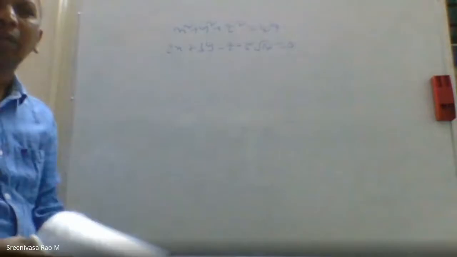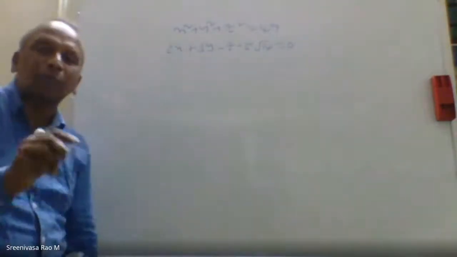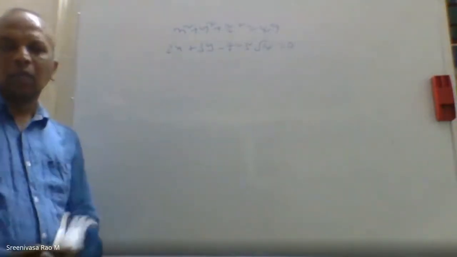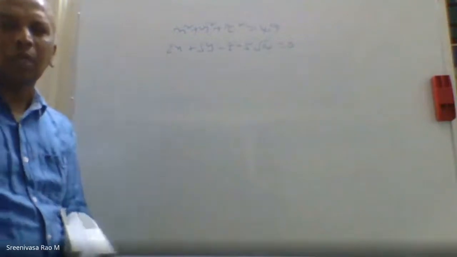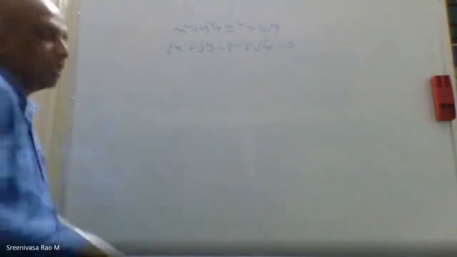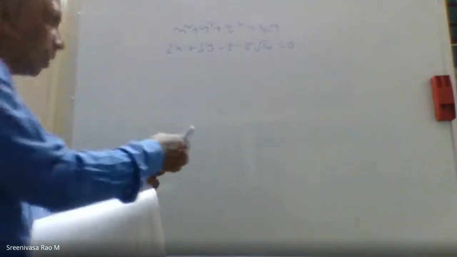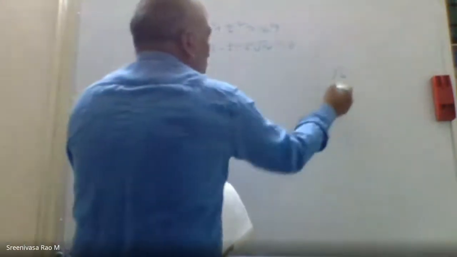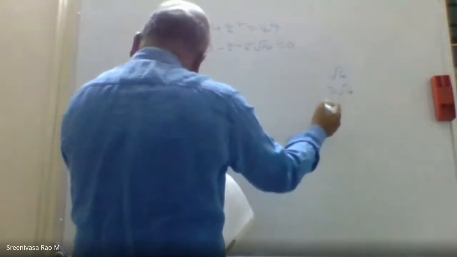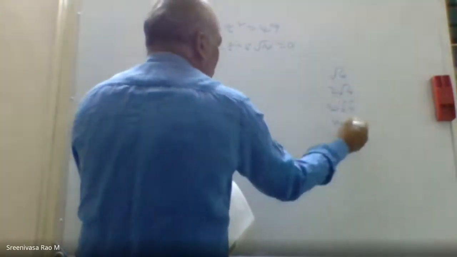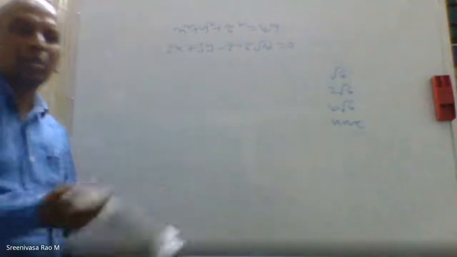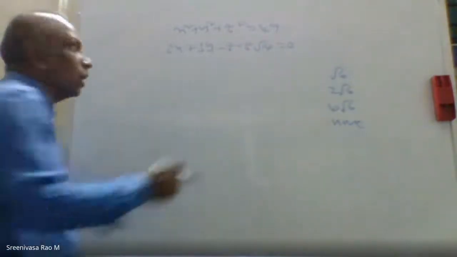What they are saying here, they are given these two. A combination of sphere and plane gives a circle, right? That we know that. They are asking the radius of the circle. Options given are root 6, 2 root 6, 4 root 6, none of these. Then you can decide your answer here. It's very clear, you can write your answer.